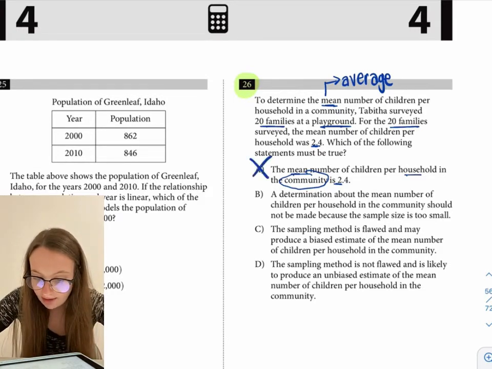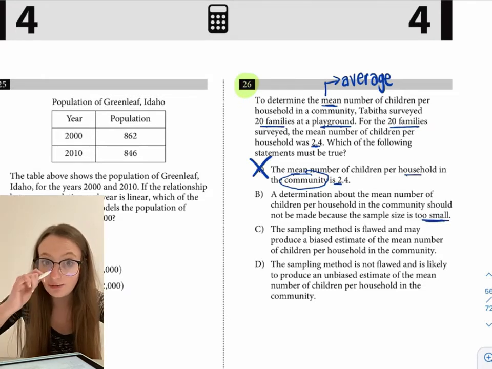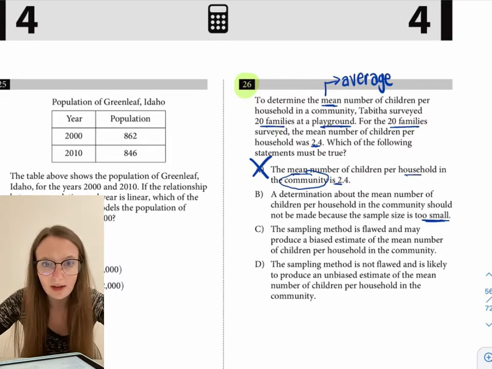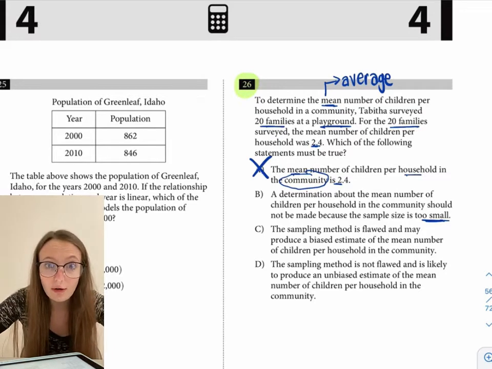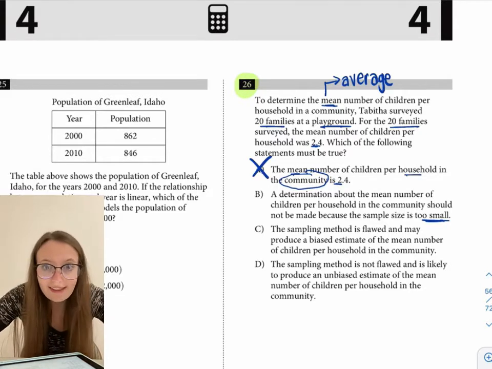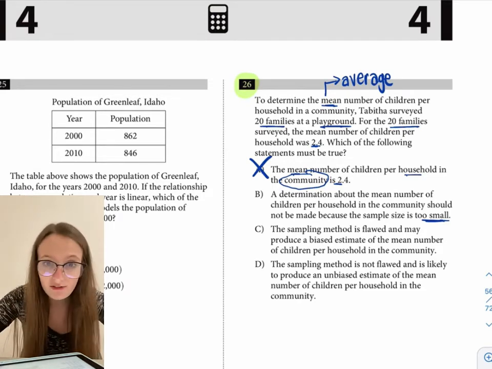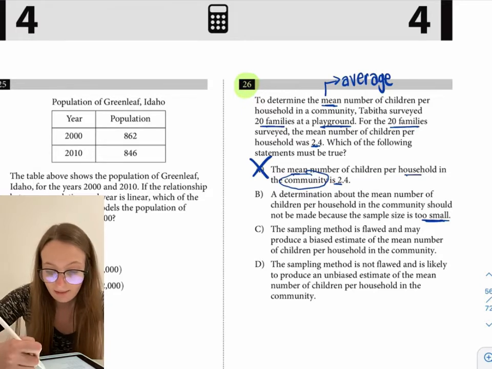B, a determination about the mean number of children per household should not be made because the sample size is too small. All right, so B sounds really tempting because you might be thinking, 20 families, that's not that big of a number. But again, we don't know how many families or households there are in the community. Let's say there are only 30 or 40. So 20 in that case would actually be good. If there were 1,000, maybe not. But again, we don't have enough information to determine if this sample size is adequate,